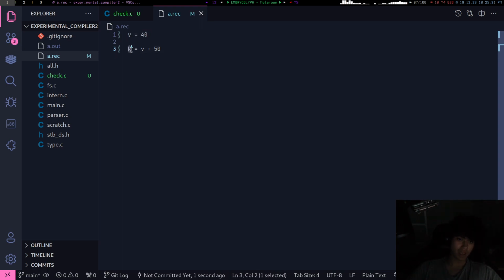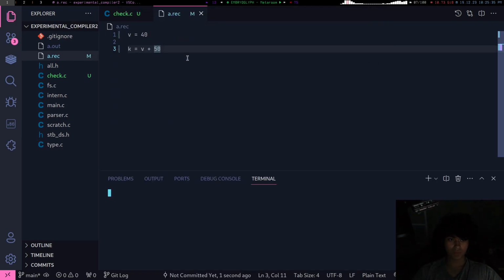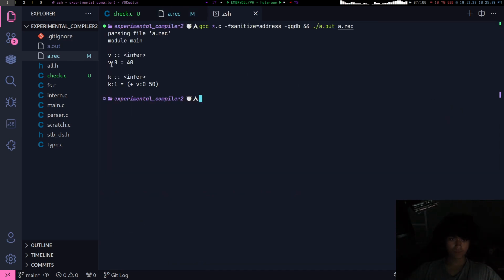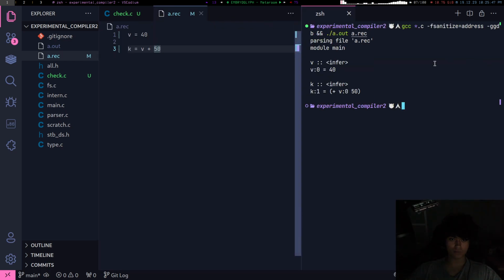So I can be sure that k is an I32. That's what I want to end up doing. Because you can see here, v0 equals 40. That's an inferred type. k equals v0 plus v50. I want to be able to remove all these infers. I just want them to be their types.